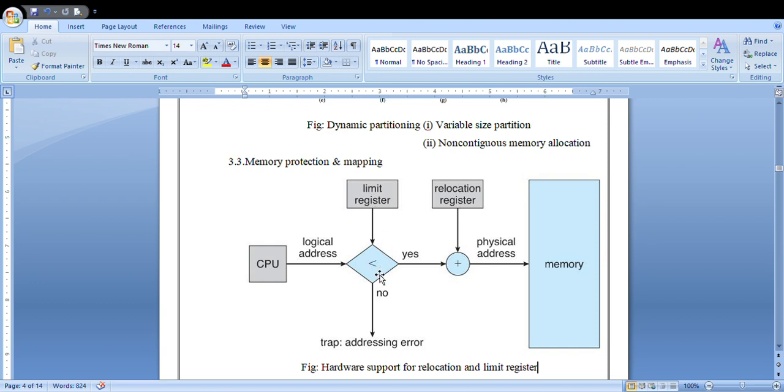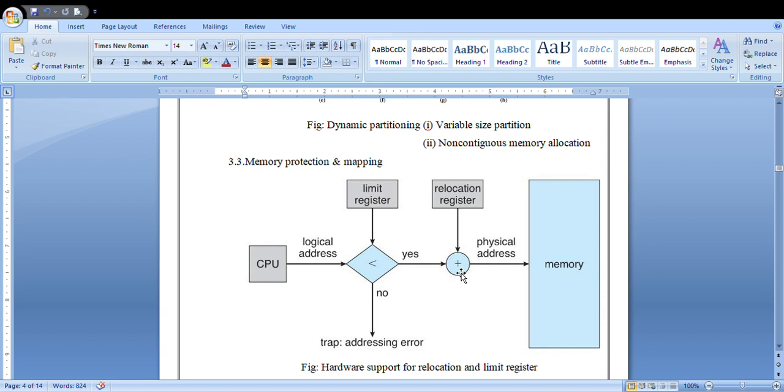It will check whatever address is provided. If it is less than the limit, then the condition is true, and it will be passed on to the relocation register. The relocation register will add the available address. After that, it will be stored in your main memory.